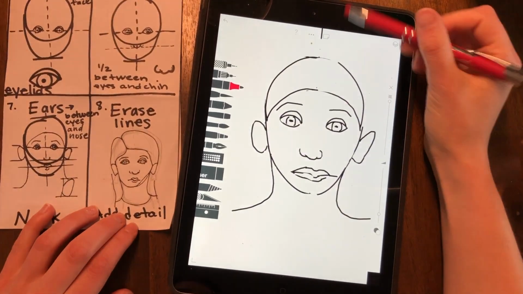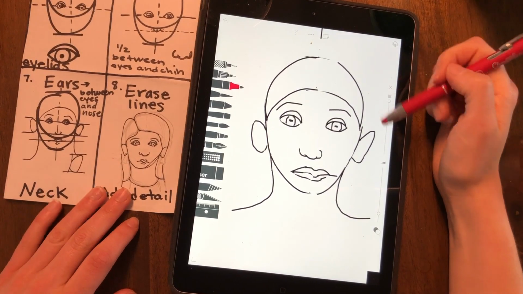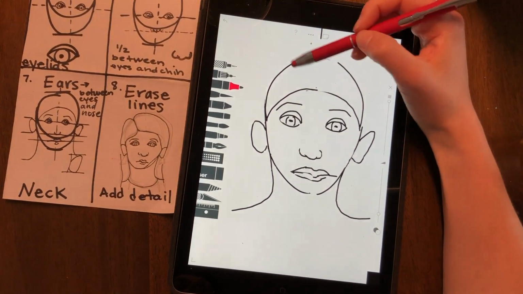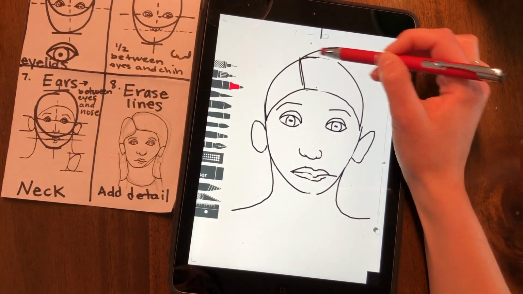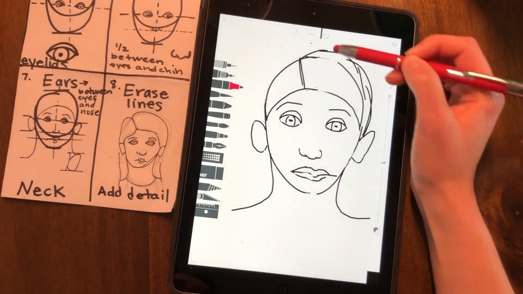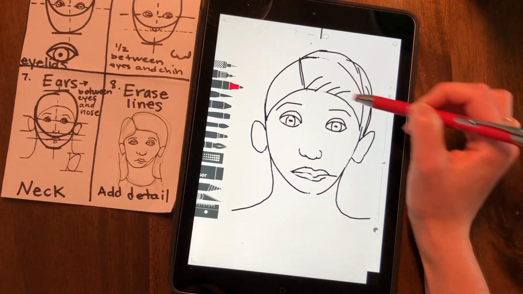Okay, once you have erased all your non-essential lines, you're welcome to add details. So the first thing I like to do is add a hairline. So I'm going to choose a hairline that's right here and add some hair. Maybe some texture to the hair